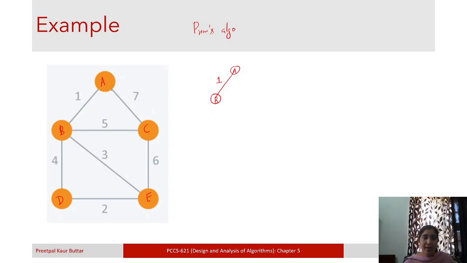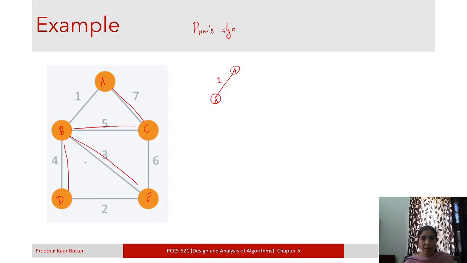Now we want to grow this into a minimum spanning tree. So A is connected to 7 and B is connected to node C with weight 5. B is also connected to node E with weight 3, and B is also connected to node D with weight 4.